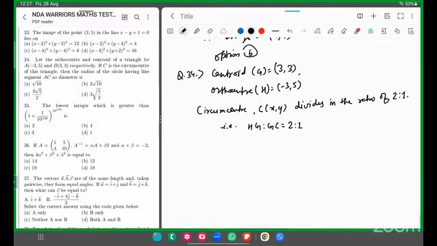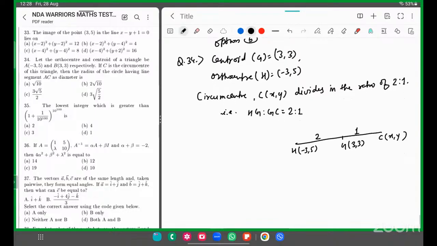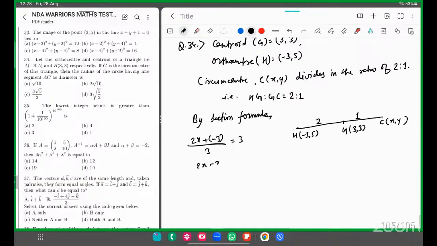तो सेक्शन फार्मूला लगा के सॉल्व कर सकते हैं ना हम। ठीक है, तो बताओ। यहाँ पे H दे दो, यहाँ पे G दे दो, यहाँ पे C दे दो। C का कोऑर्डिनेट हमने नहीं दिया है, G का है और H का भी है, -3,5। ये 2:1 है। सेक्शन फॉर्मूला अगर आप लगाओगे तो 2x -3/3 इक्वल टू 3। तो 2x -3 इक्वल टू 9, 2x इक्वल टू 12, x इक्वल टू 6।